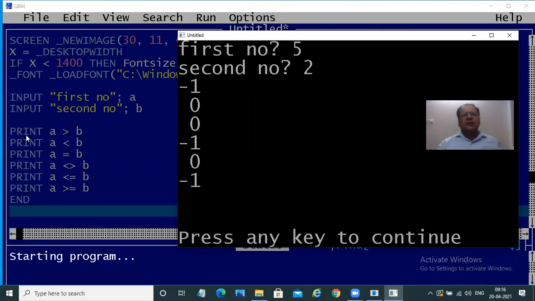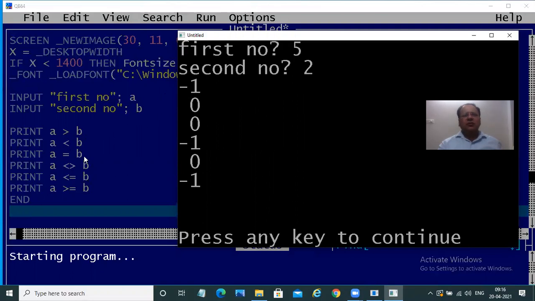Now in this case, A is greater than B, condition is true, so it will return -1. A is less than B, the condition is false. 5 is not less than 2, so 0. So whenever it is false, it will come as 0.